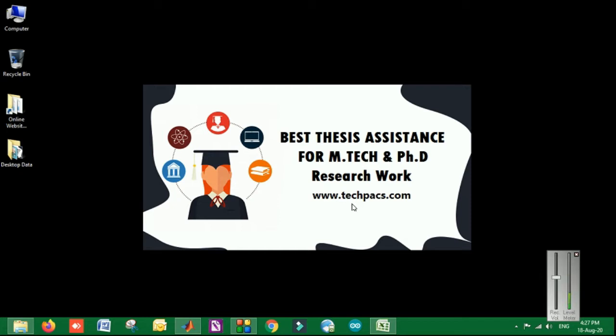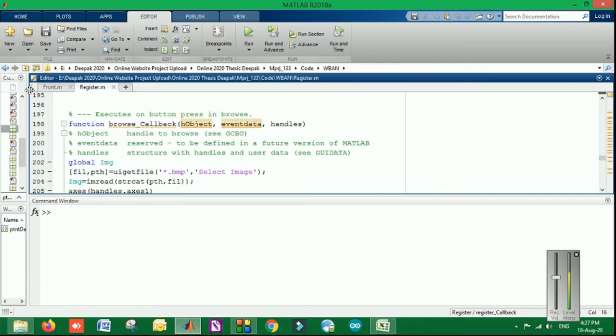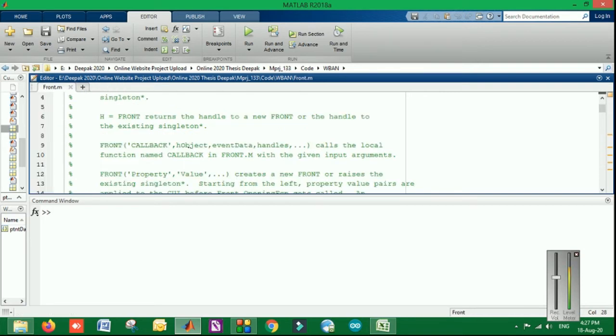Today I am here to demonstrate one of the recent research topics. This is basically from public healthcare. As we all know, patient and doctor information is very confidential, and nobody wants to share their data with any unauthorized person or third party. So in the same domain we have designed an encryption algorithm.